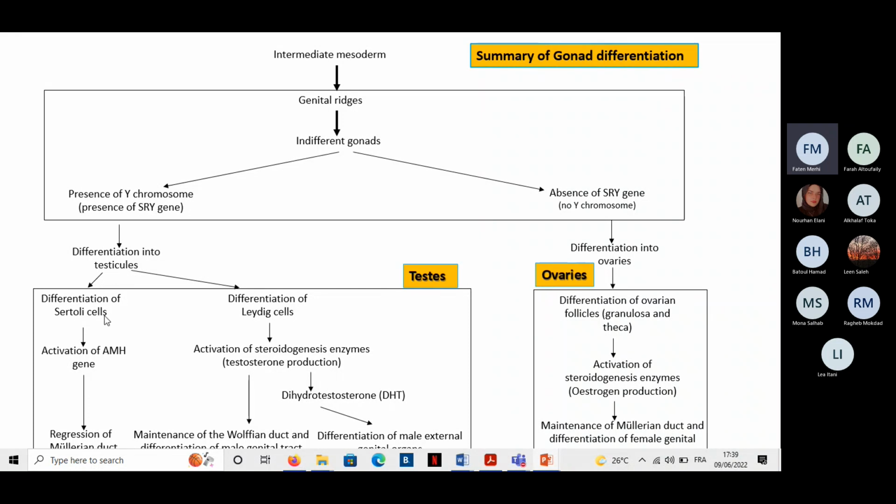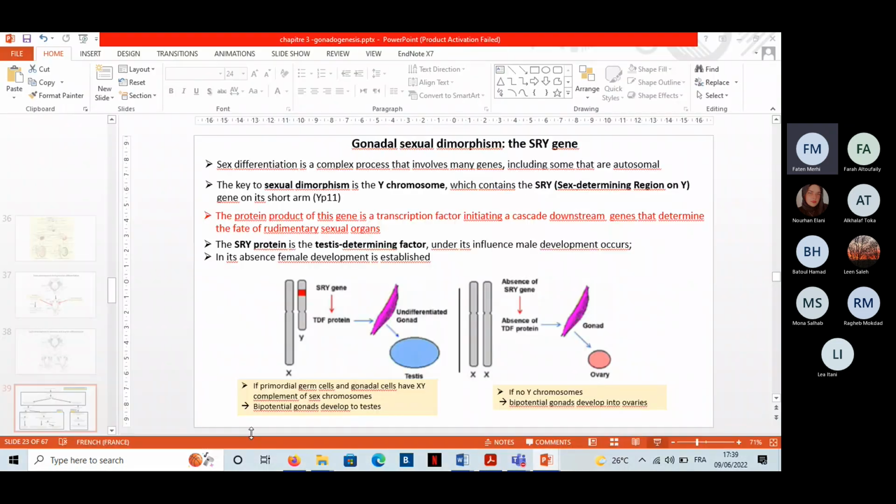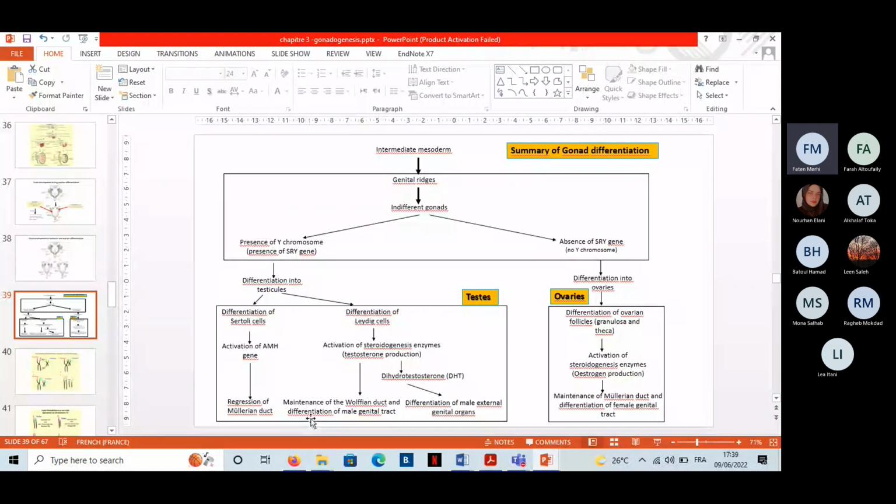Okay, this will lead to the differentiation of the Sertoli cells, which will produce the AMH, and this will lead to the regression of the Mullerian ducts. Also, the differentiation of the testicles under the action of the SRY gene will lead to the differentiation of the Leydig cells from the mesenchyme. So we will have the appearance of the Leydig cells, which will produce testosterone, and under the action of testosterone, the Wolffian ducts will be maintained,